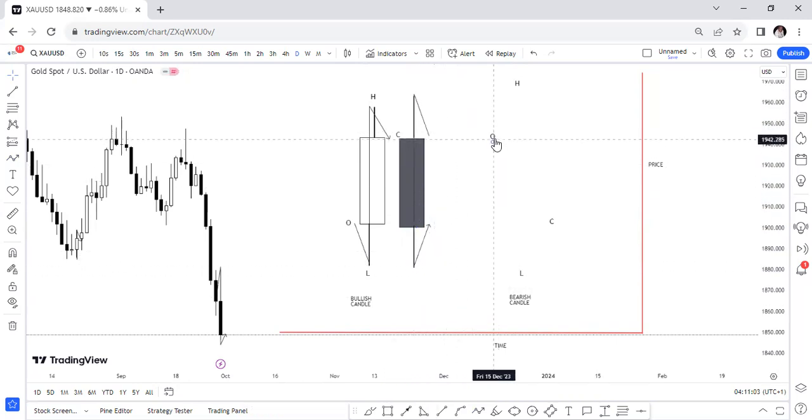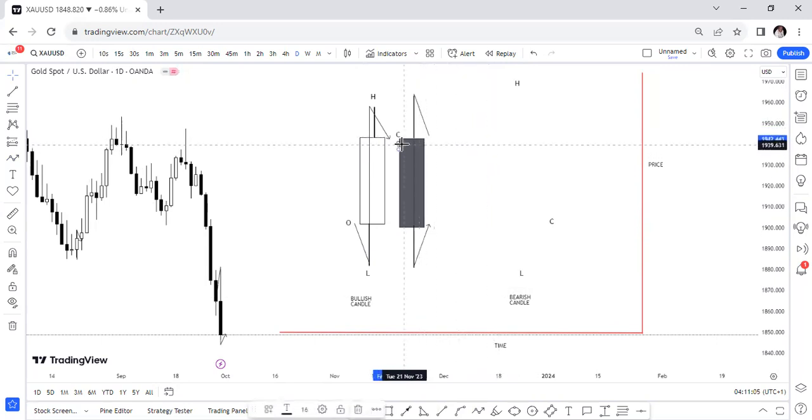Focus here. So you can see now this is how, when we combine this together, when the price was moving down, right,